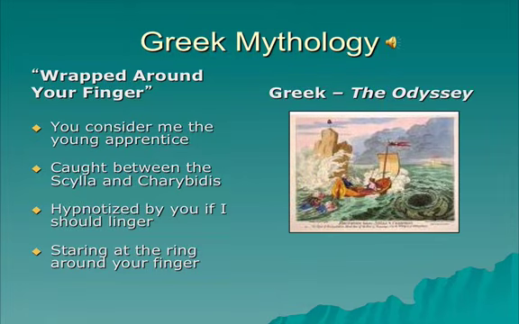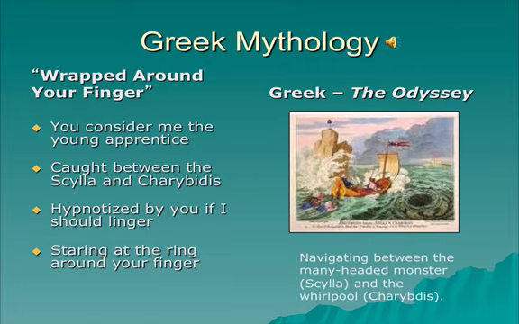And so in Greek mythology, you have the Odyssey and you have the ship that had to navigate between the many-headed monster, which is the Scylla, and the whirlpool, which is the Charybdis. So if you understand Scylla and Charybdis, then you better understand what Sting is singing about in the Police's song Wrapped Around Your Finger. If you don't understand those two things, then you might just mumble the lyric and dance along. So it's not that big a deal, but you also are missing deeper meaning.